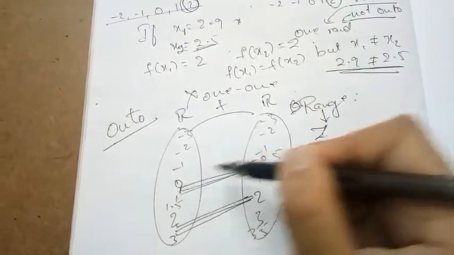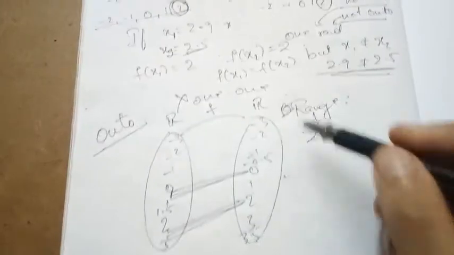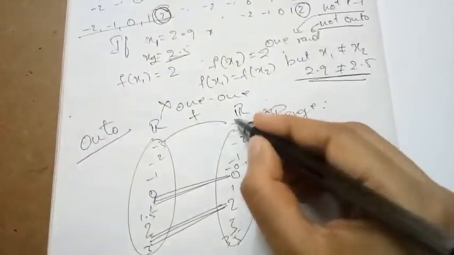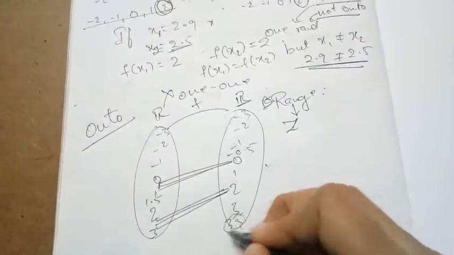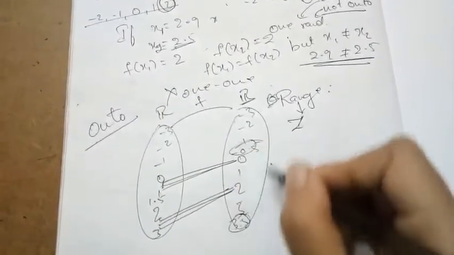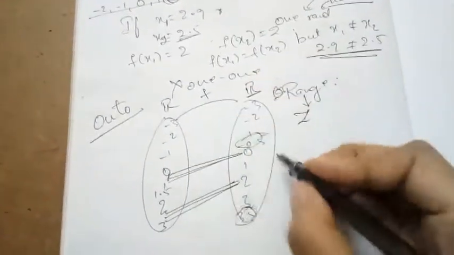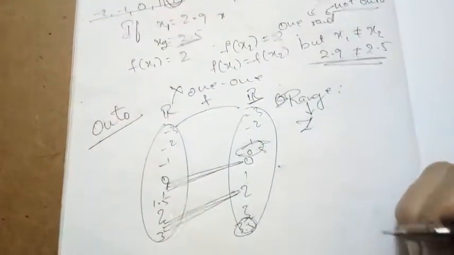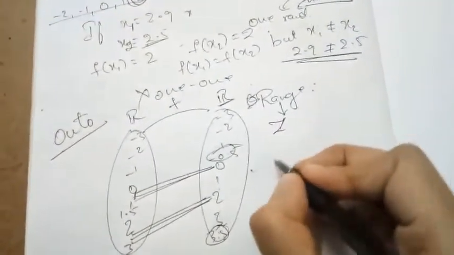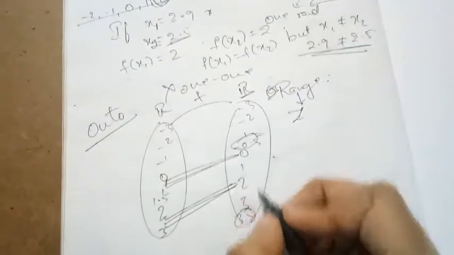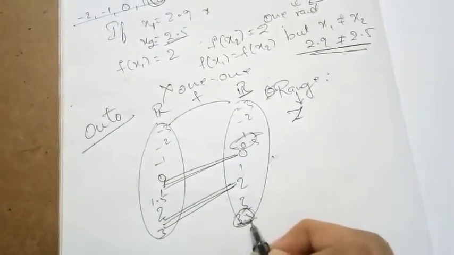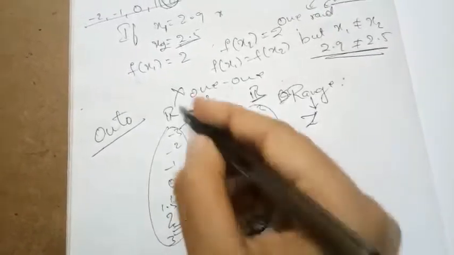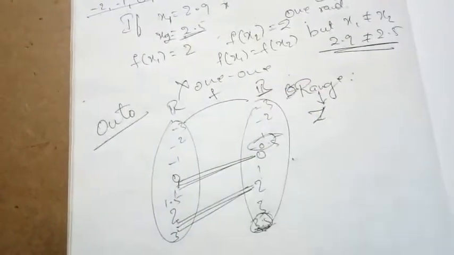Whatever value you take, we are going to get integers because they have said it as the greatest integer. But the codomain is the set of real numbers. There will be certain decimal numbers also inside the codomain, but they are not the image of any one of the elements in the domain. So for 3.5, which is present in the codomain, it is not the image of any element present in the domain.